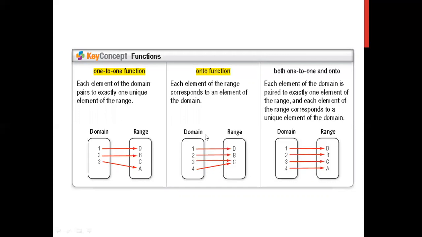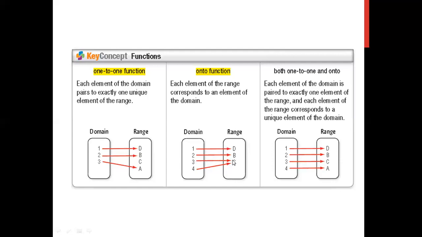But here, this is not a one-to-one function. Yes, number 1, this is a function, but number 1 is paired with D, number 2 is paired with B, number 3 is paired with C, number 4 is paired with C. This is not a one-to-one function because there are two arrows coming. One of them is coming from 4 to C, and the other one is coming from 3 to C. They get the same answer